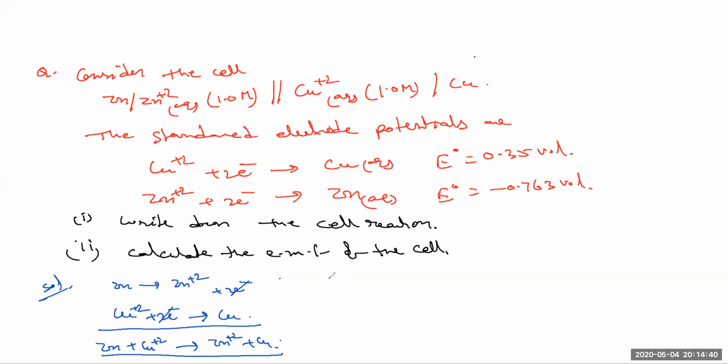Right. Next, how to calculate the EMF of the galvanic cell? See here, space is not there, so I am writing here. Try to understand now. So what is the Nernst equation? Already you derived it just now. E cell is equal to E naught minus 0.0591 by n into log of product concentration. Both electrodes are metal electrodes only. See in this cell reaction, try to observe the cell reaction. What are the products? Molar concentration of zinc plus 2, molar concentration of copper.